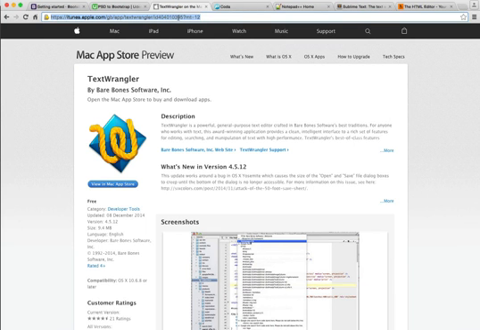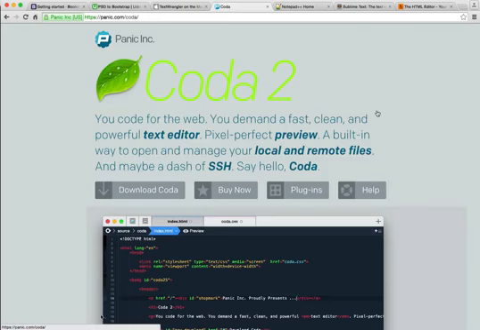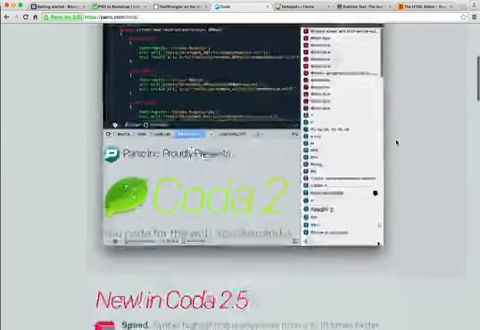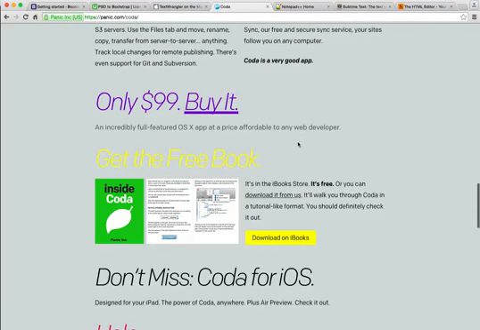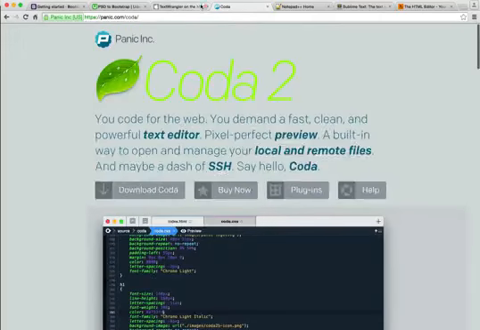piece of software that is very popular amongst developers, and it actually has features such as syntax highlighting, which is always useful. And obviously there are paid versions, such as the popular Coder 2, which again is very common amongst developers. But this is paid, like I say, I think it's around $99. So if coding is something you are serious about, then it's obviously a worthwhile investment. But like I say, during the course I'll be using this Text Wrangler, which is a free version for the